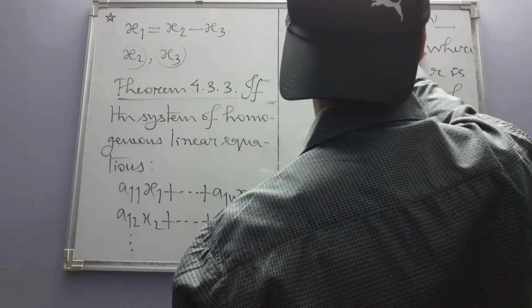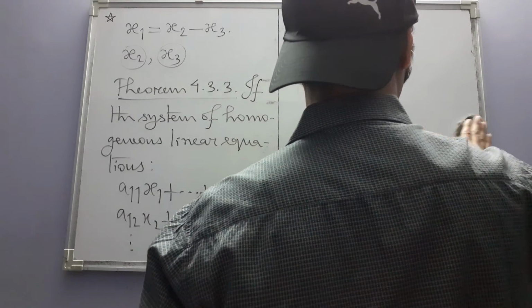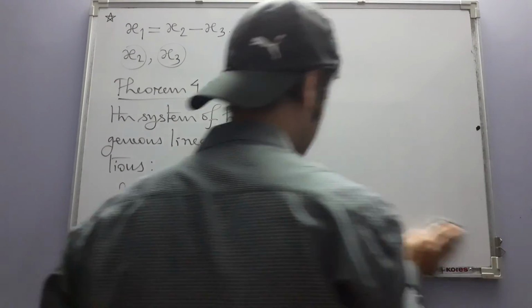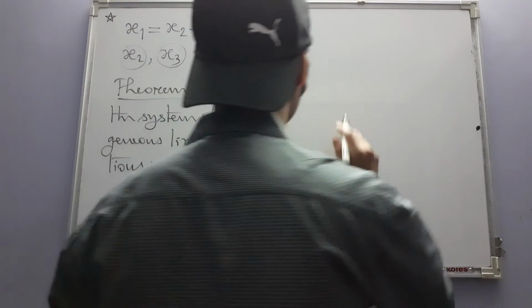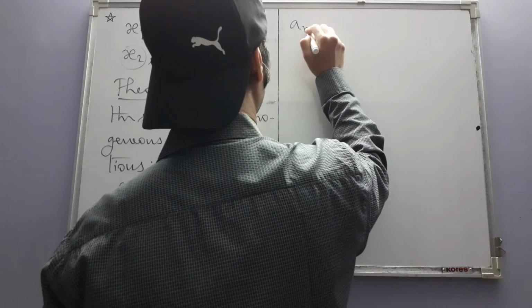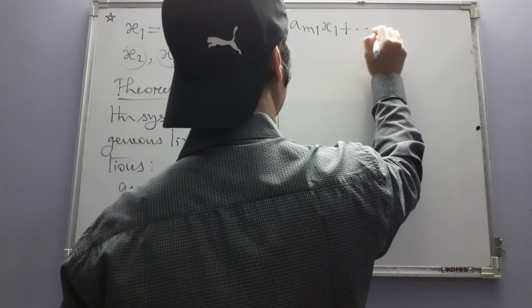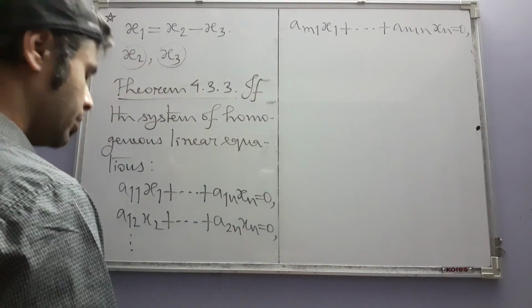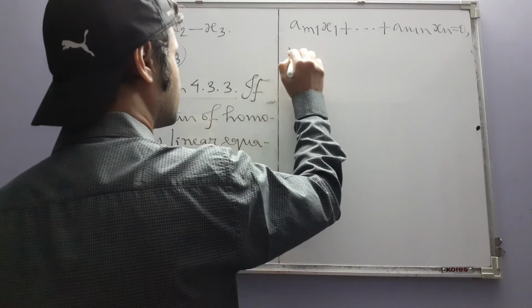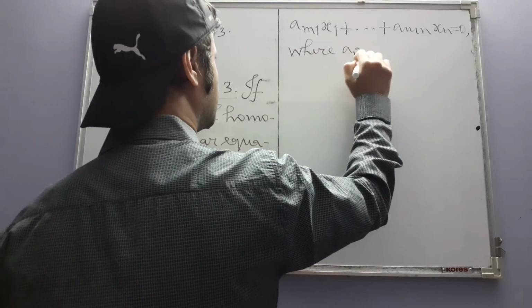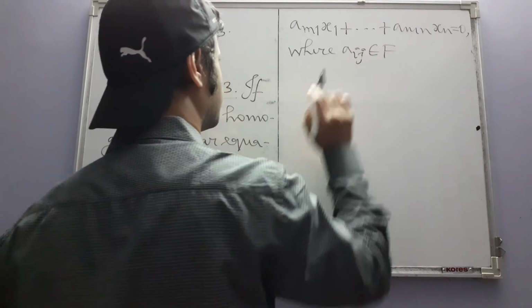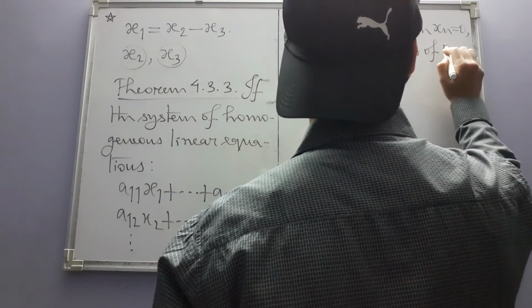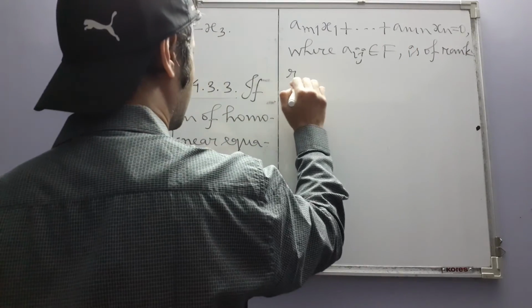Keep in mind that in any such system there can be any number of equations and any number of variables, and that any number in each case is of course at least 1. ... Mn xn is equal to 0, where of course these coefficients are coming from some field F. If it has a rank r, then